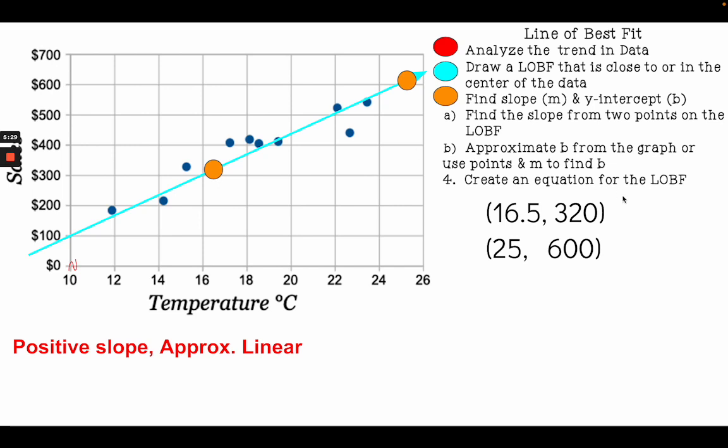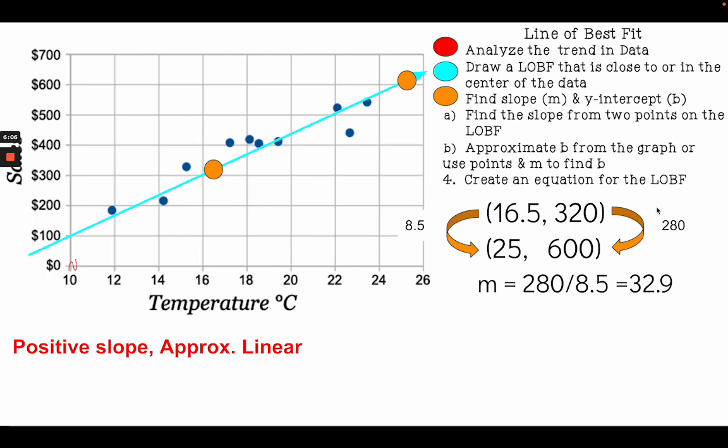From here, I'm going to use the table form to find the slope. So from 320 to 600, it's an increase of 280. From 16.5 to 25, it's an increase of 8.5. I know that if I go the difference of y over the difference of x, I'm going to get 32.9. So I have a slope of about 33. Again, a slope of about 33. Okay, so we also know that